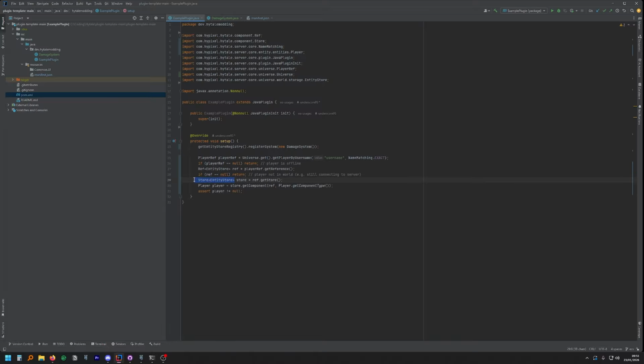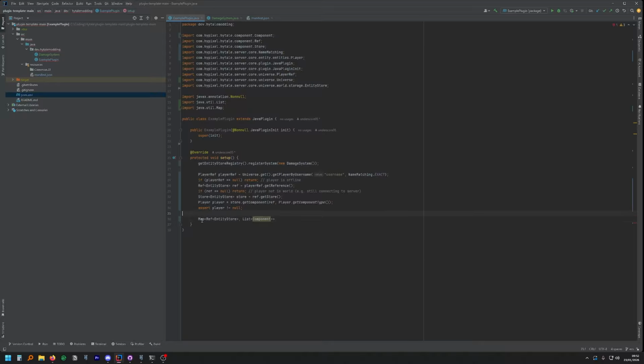So basically, you've got the store. This is the actual entity component system, and it's where all the entities and their components are stored. Then you've got a ref. This is an entity. You can basically think of it as an ID, and internally the ECS basically stores a list of all the components that each ID has. So this is obviously very simplified, and it's not actually what the ECS stores, but you can kind of think of it as a map where the ID or the entity is the key, and then it stores a list